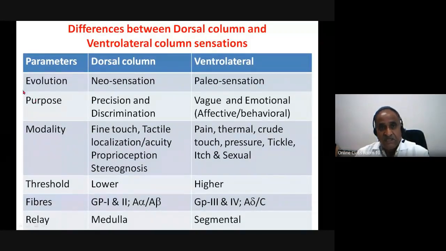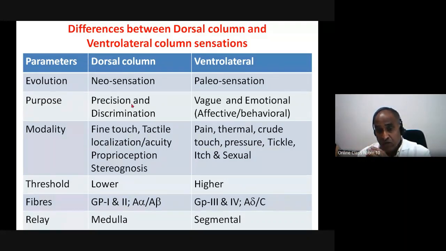The purpose of these sensations is precision and discrimination in case of the dorsal column. That's precise, exact, especially maintaining the body posture and maintaining responses, or trying to understand, or